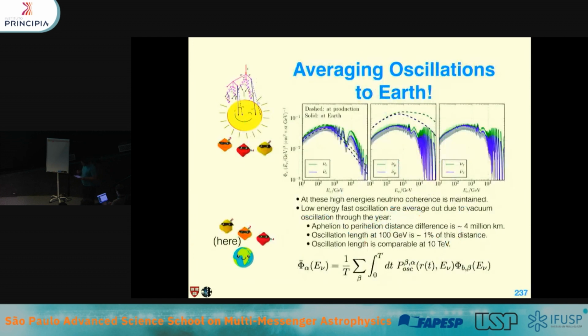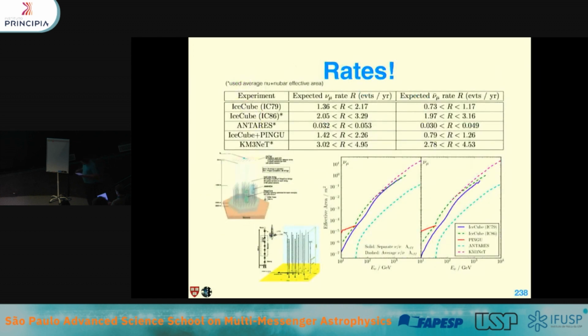And then you have to take into account the fact that the Earth-Sun distance is changing throughout the year, so you have to average over that change. You end up with plots like this that show you the expected neutrinos of each flavor, for neutrinos and antineutrinos separated, once you get to the Earth. This spectrum is approximately an E⁻³ spectrum, and actually at high energies, somewhere around tens of TeV, you can still see oscillations, and at lower energies, I'm going to see that. So we expect to see that hopefully pretty soon.